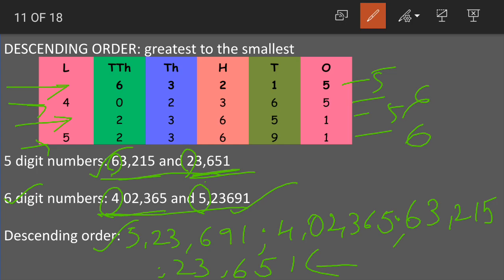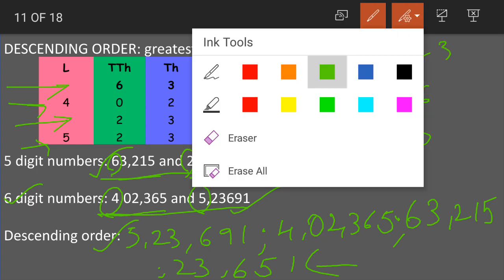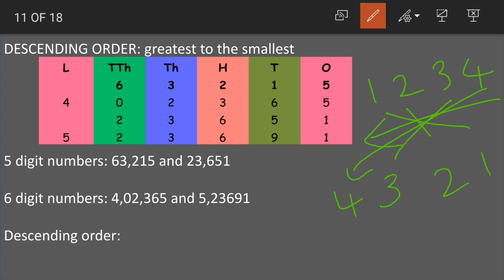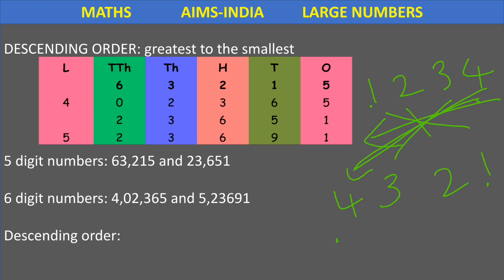Actually when you write ascending order, 1, 2, 3, 4 is the ascending order, right? Smallest to the greatest. Now for descending order you can simply write them in the opposite way. First number will be 4, second we write 3, then we write 2, then we write 1. Okay children, even if you do not have the time to solve, you can simply write the same numbers in the reverse order. 1 was the first number here, 1 becomes the last number, 4 was the last number here, but 4 becomes the first number in descending order. I hope this is clear.